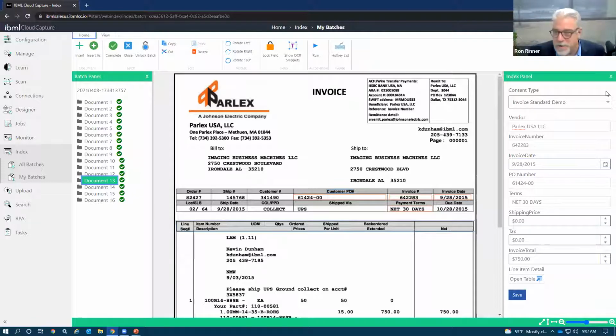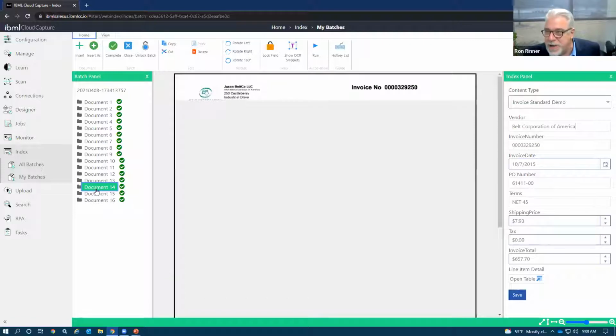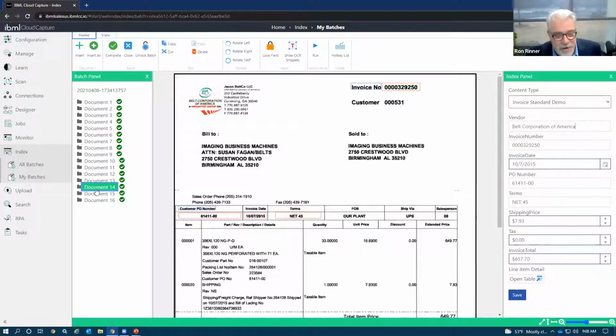Once we know who the vendor is, then we start picking up all this valuable business data, including things like invoice number, invoice date, PO number, and all of those things vary from vendor to vendor.